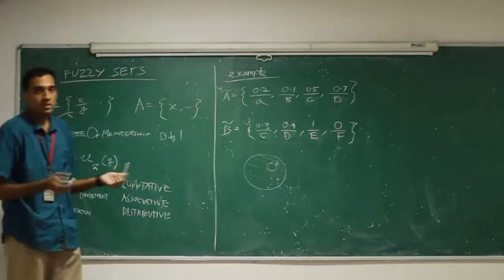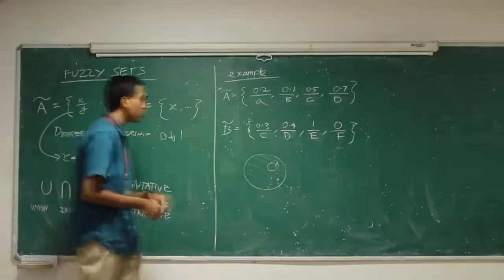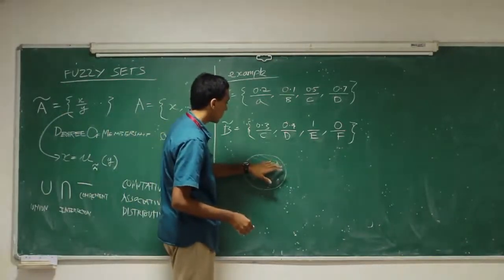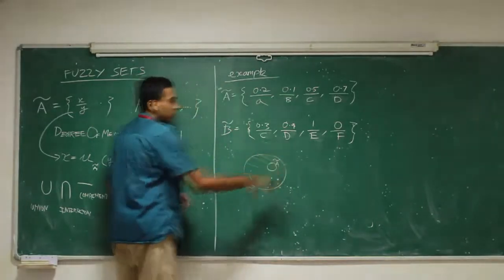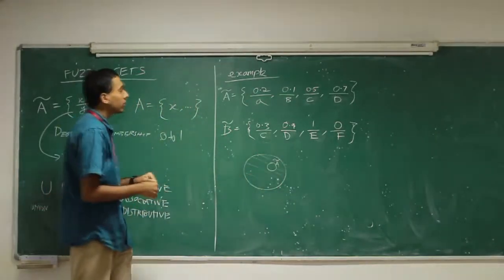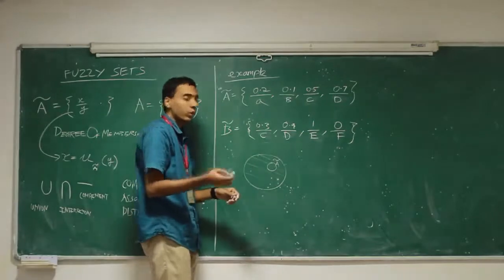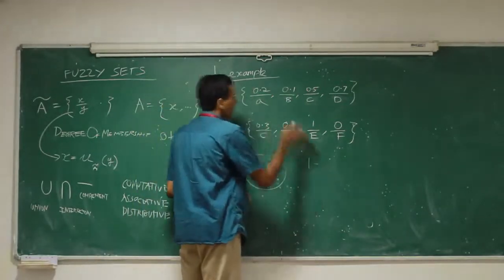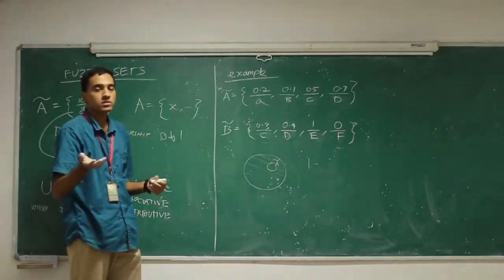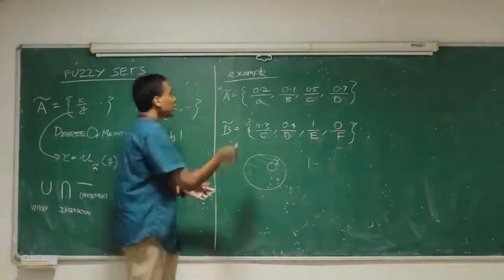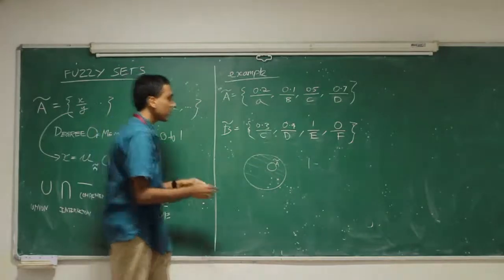So we do the same for fuzzy sets also. Let's take, for example, set A, this fuzzy set A and its universe as shown here. Basically, for complement, what we do is we just subtract the numerator from 1, which means whatever else is there in the set is present in the complement. So the complement of fuzzy set A would be